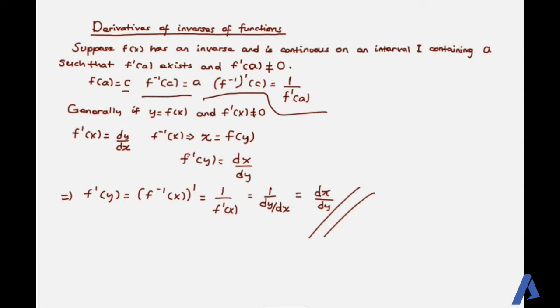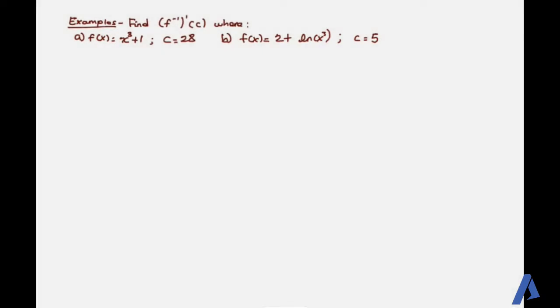Basically ይሄንን ነው እየነገረን ያለው የኢንቨርስን ዴሪቬቲቭ ፈለግን ማለት ይሄንን አገኘን ማለት ነው። ስለዚህ generally ደግሞ for y = f(x) እና f'(x) different from 0 we know that f'(x) is dy/dx. ስለዚህ f⁻¹(x) ማለትም የx እና y ፖዚሽን ኢንተርቼንጅ ሲደረግ x = f(y) ይመጣል። ከዛ f'(y) is dx/dy ይሄ ማለት 1 over f'(x) ማለት ነው። ስለዚህ the derivative of the inverse of a function is equal to 1 over the derivative of f(x), or ደግሞ dx/dy የሚመጣው ማለት ነው። ስለዚህ በዚህ መሰረት የተወሰኑ ኤግዛምፕሎች እናያለን።